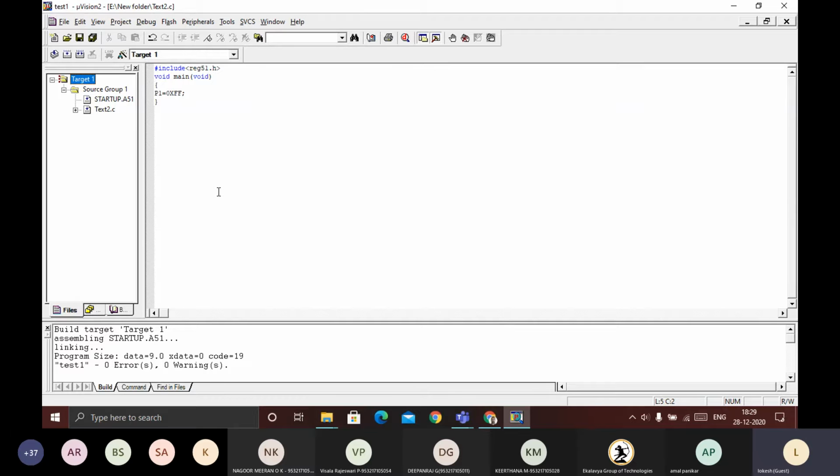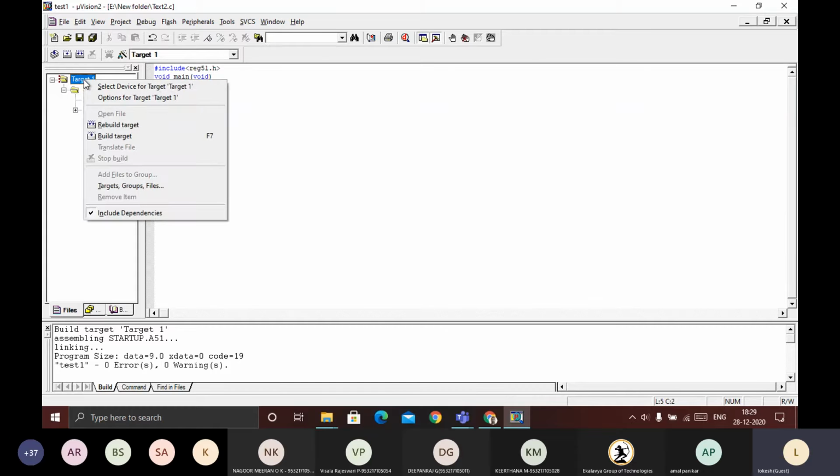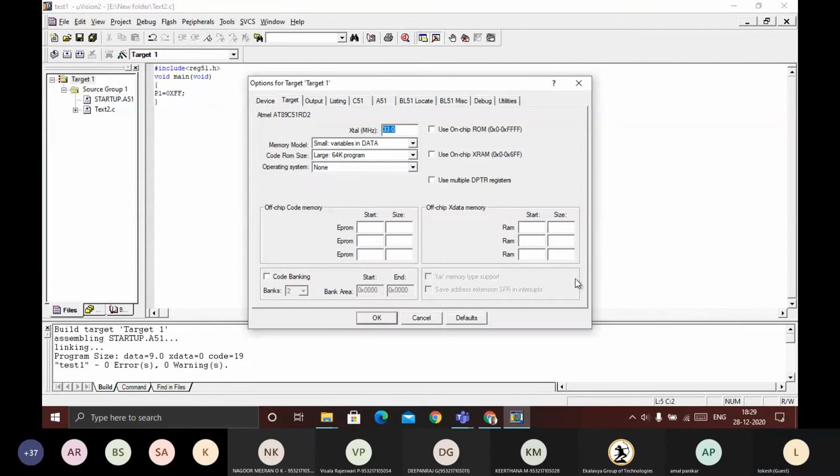Where this hex file is generated, so that if I know the place, I can easily upload that one. So for that, we need to go to the target, right click, options for the target. Okay, so then it will give like this.